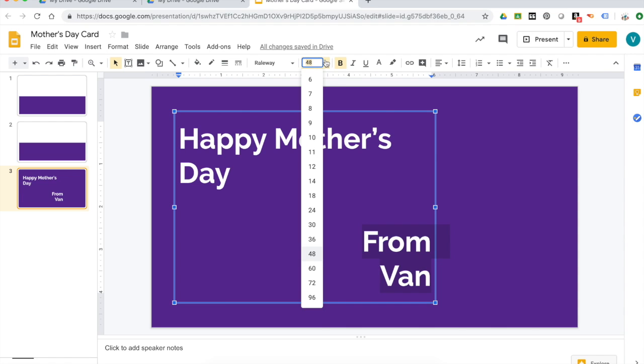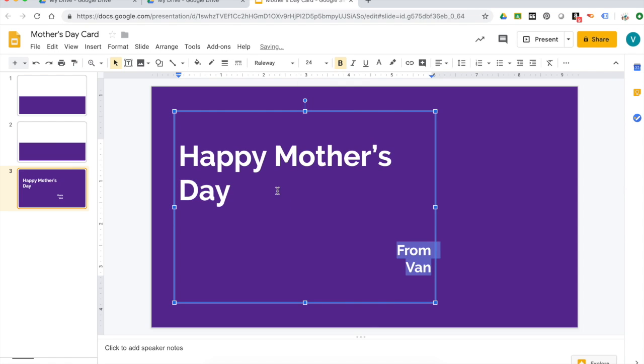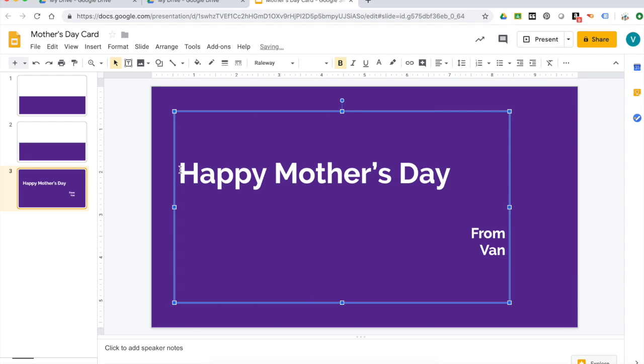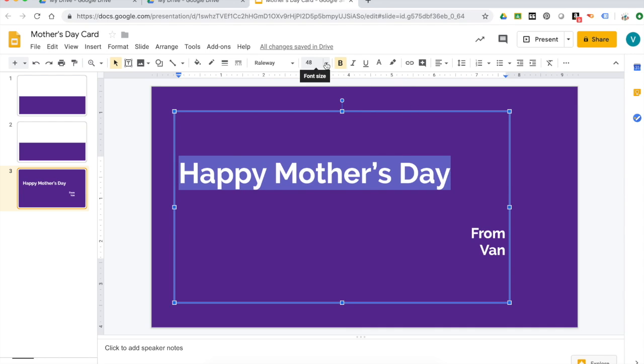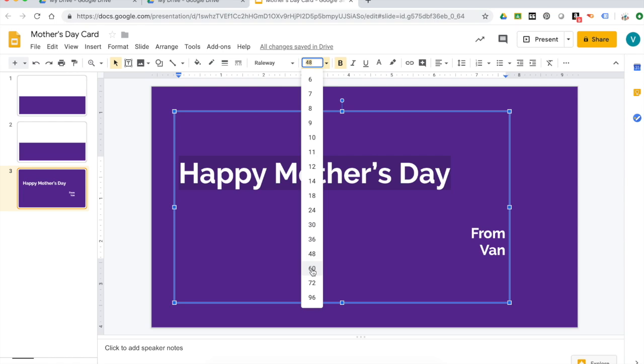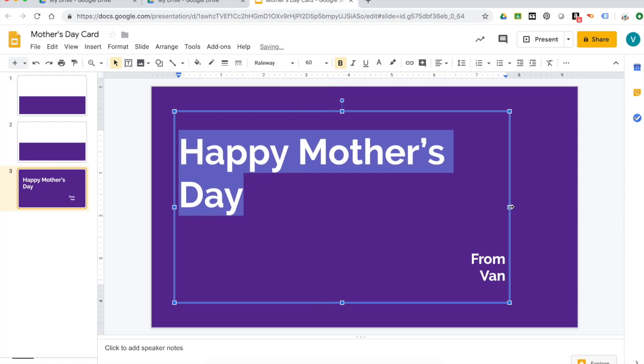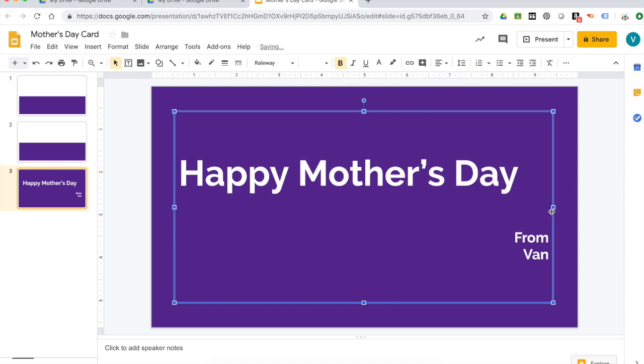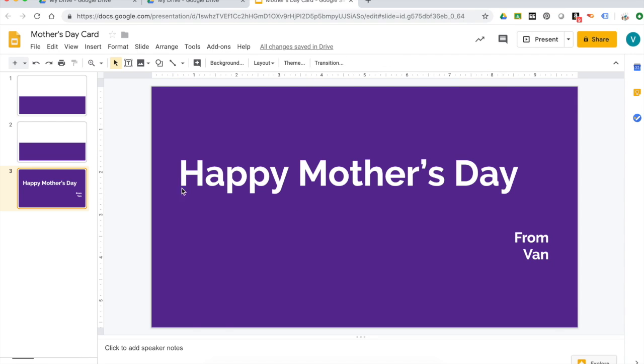So I'm going to click to make this a little bit smaller. It doesn't need to be 48, so how about 24? But the Happy Mother's Day, I want that to be very big across the top. So Happy Mother's Day, let's make that maybe even a 60. There we go. So I have my title page, Happy Mother's Day from Van, and I want that to be